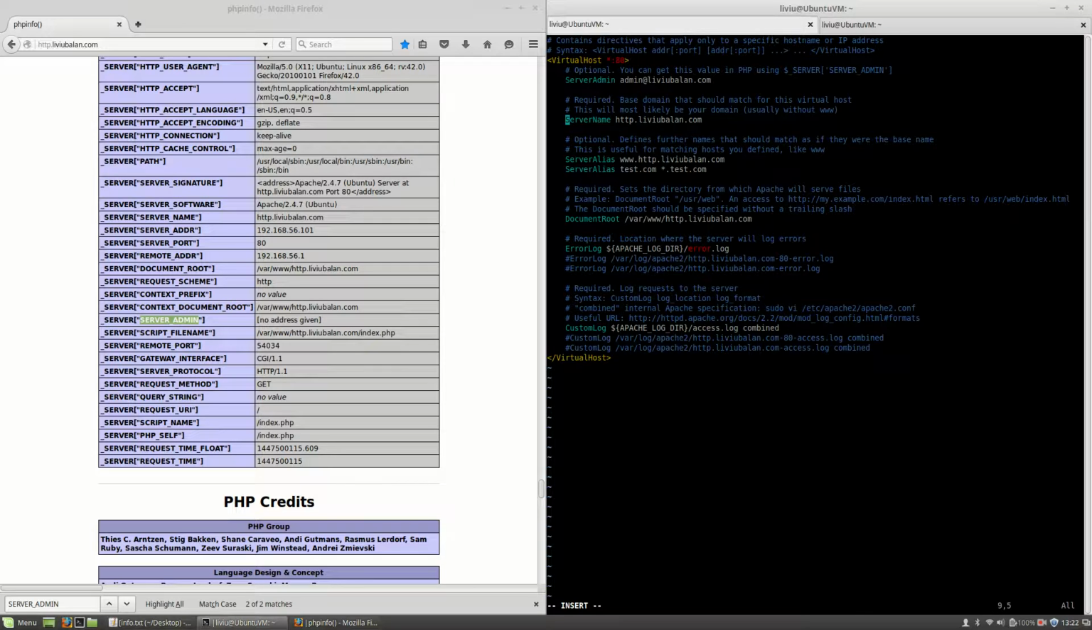And let's go to the next directive. The next one I consider that is required, and that is ServerName. This is the base domain that should match for the virtual host. This will most likely be your domain, usually without www. So in my case, the server name is liviubalan.com, and the reason that you are able to see this